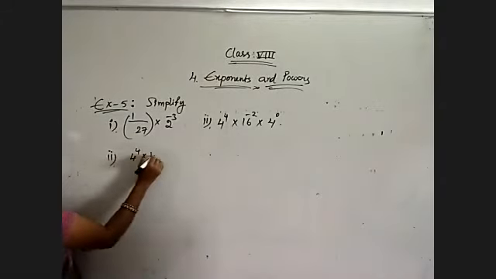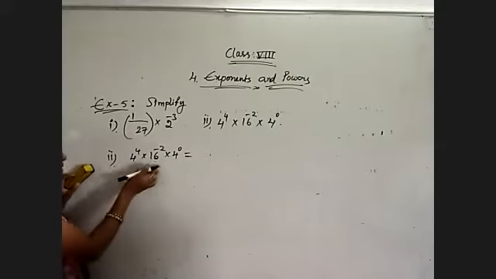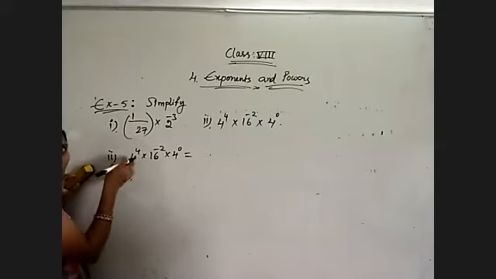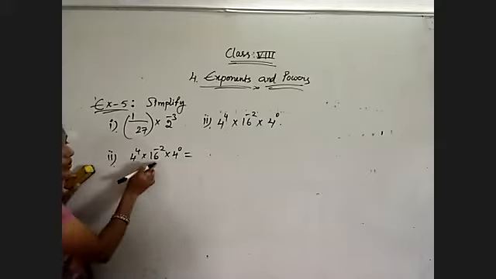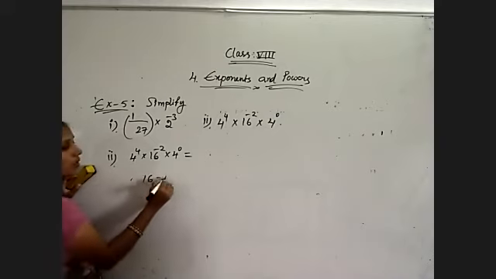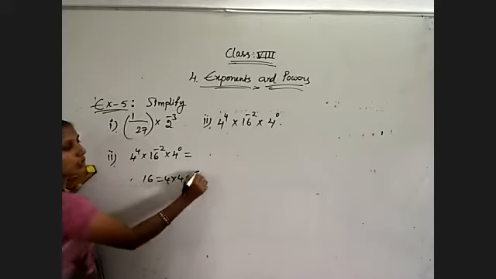That is our wish. If you want to take prime numbers, otherwise they are related. In that case, use as you wish. So I am using 16. I am representing it as 4 square. 4 into 4 is 16. 16 is nothing but 4 into 4, and 4 into 4 is nothing but 4 square.